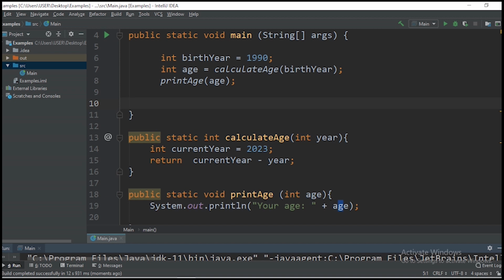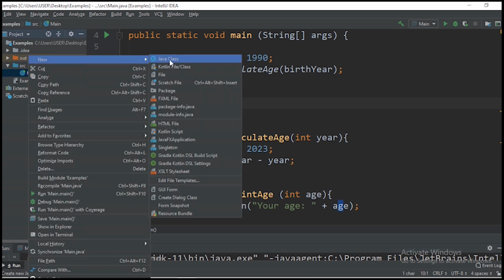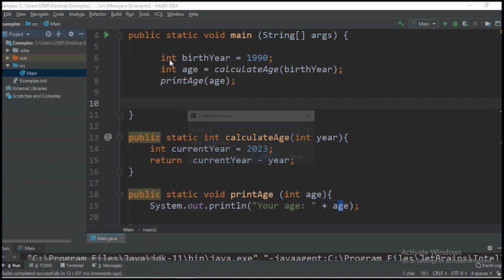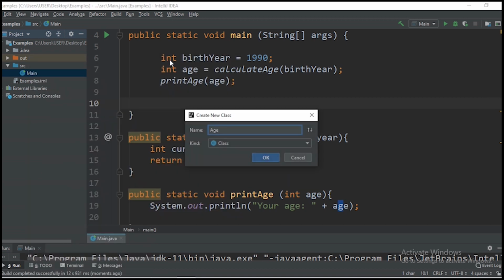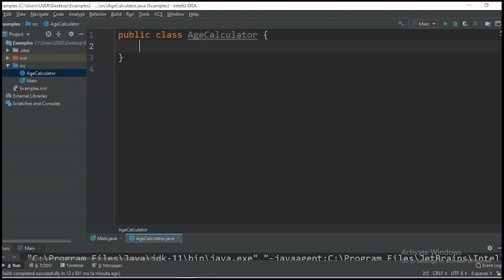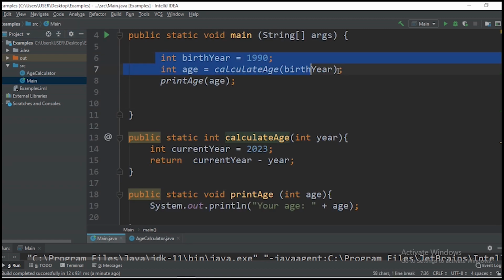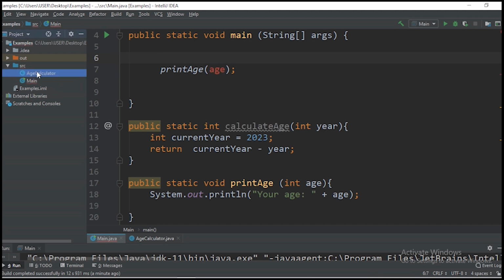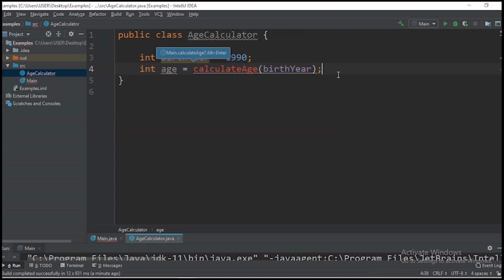So to encapsulate this data, let's create a class, Age calculator. In this class, let's set our variables. Let's have this. We can use this in our age calculator class,